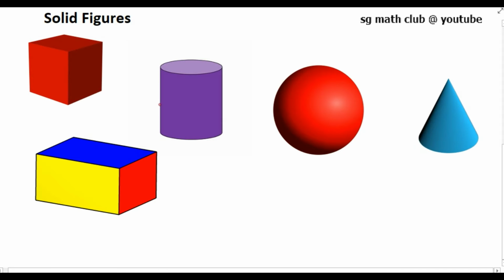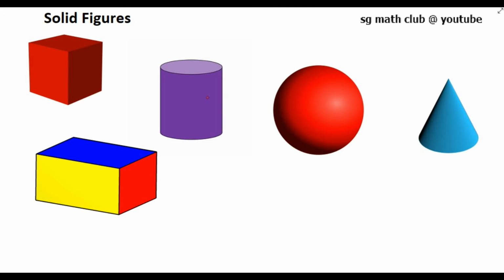If you want to get a cuboid, you have to cut cardboard sheets of rectangular size and place one above the other in a vertical manner, then you will get the cuboid. You can do this activity. And in the same way, take circles of the same shape and same size, keep one above the other, and you will get a cylinder. So in this chapter, you are going to study how to find the surface area and volume of these